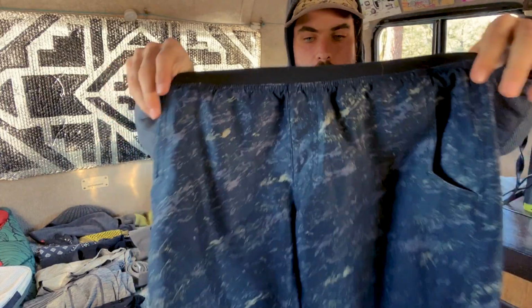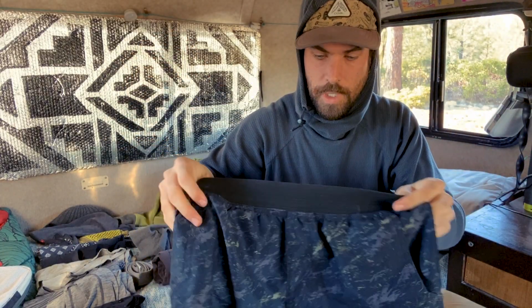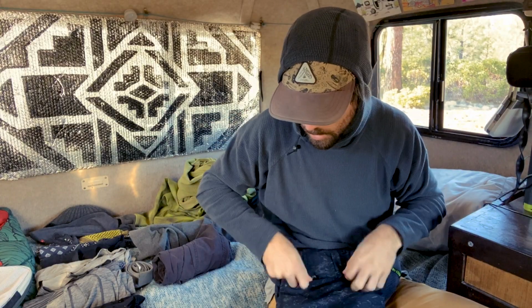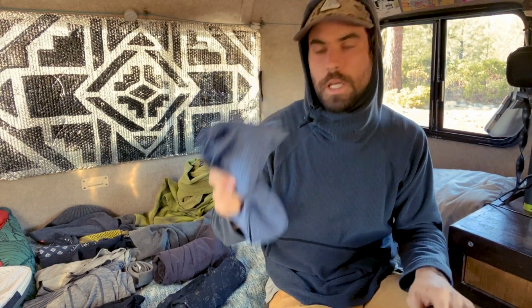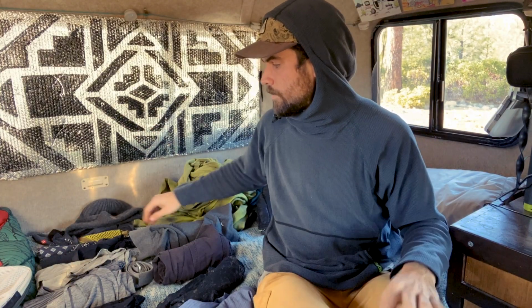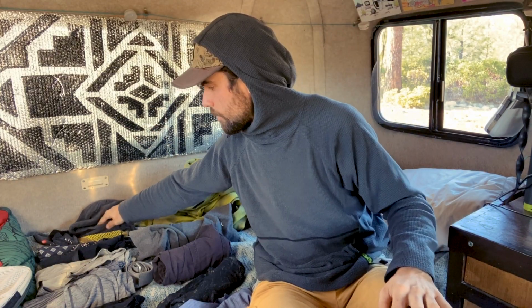They've got a nice stretchy waistband, nice freedom of movement even though they're not super stretchy, and real deep pockets. Great shorts. And then swim trunks in case I want to cold dip or go to the hot springs. This is my new Fjall Robin beanie. Love this thing, it's super comfy. Recently gave Elsa my Oakley beanie that I'd had for a number of years, so I had to get a